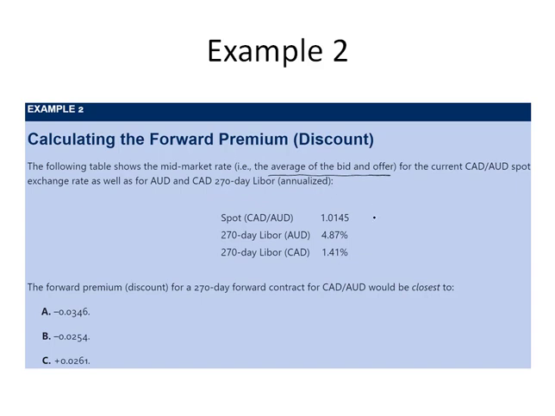So this is what we have. They are looking for the forward premium for a 270-day forward contract. So what they are asking us is, in a nutshell, what's the forward rate. The way we can calculate the forward rate is, and they are asking for the CAD AUD pair, so you can see CAD is in the numerator and AUD is in the denominator. This is something we have to keep an eye on. So we have the spot rate, which is